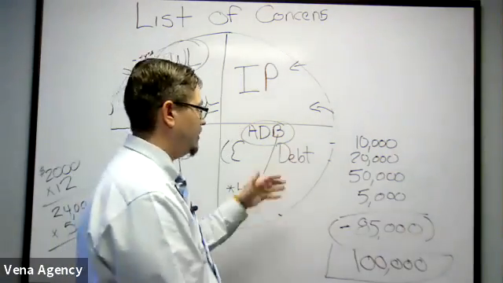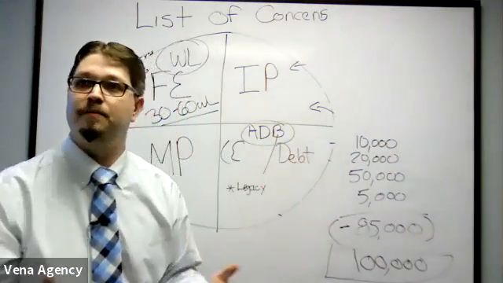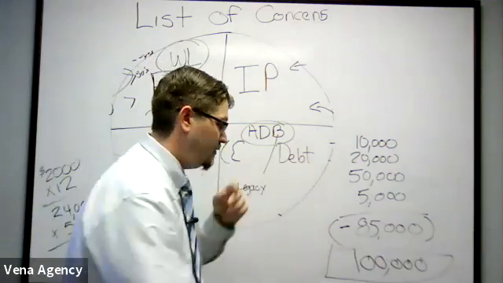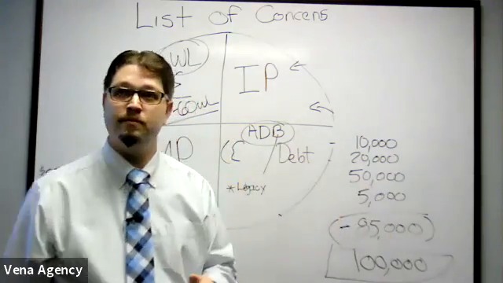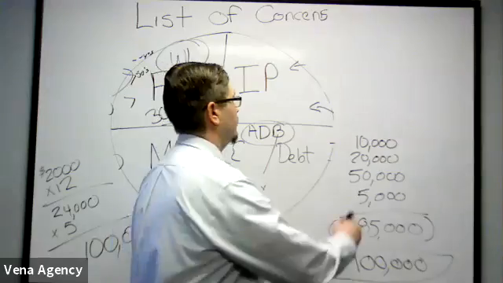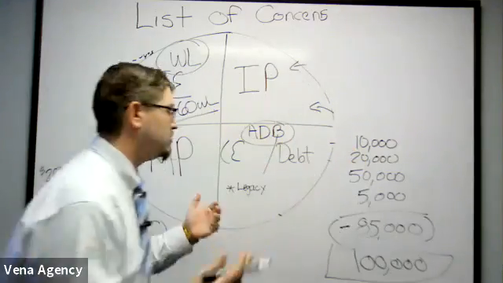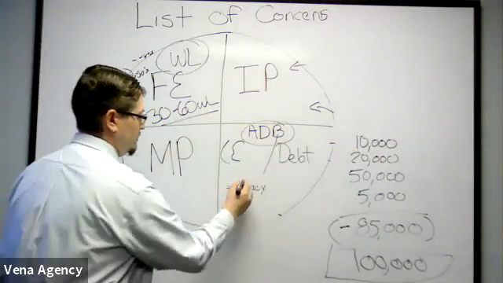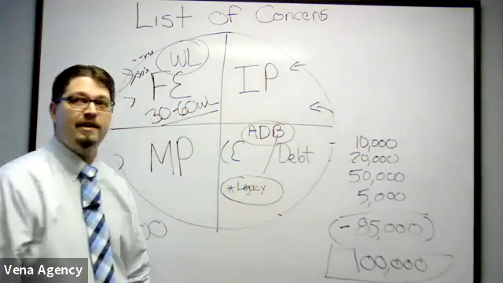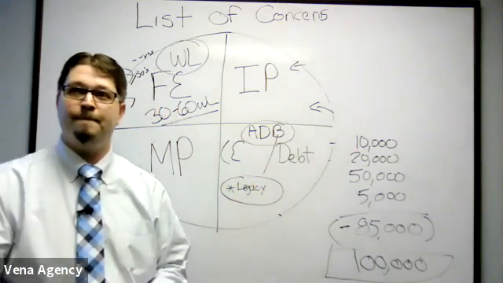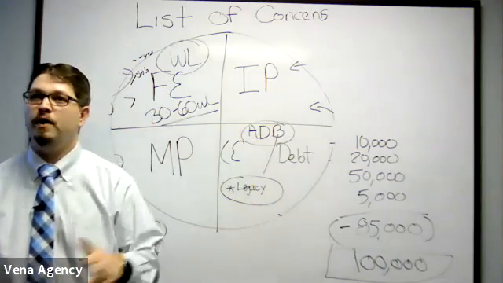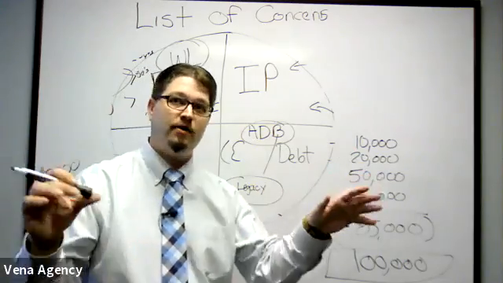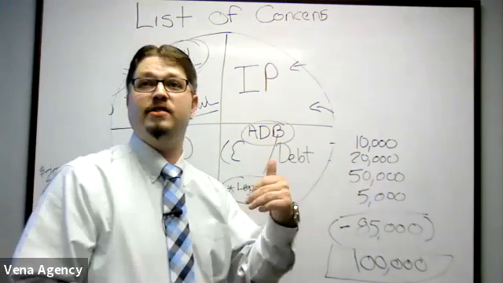So break down their debt, individualize it for them. Get them a final number and circle it, right? And then also what you can do with this, and I have it written with a little star here. I don't know if you can see it. It says legacy. If no one has any debt, if they don't have any kids in the house, they can leave a legacy for their family,